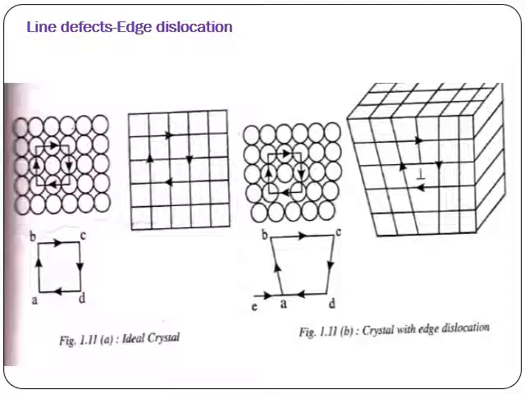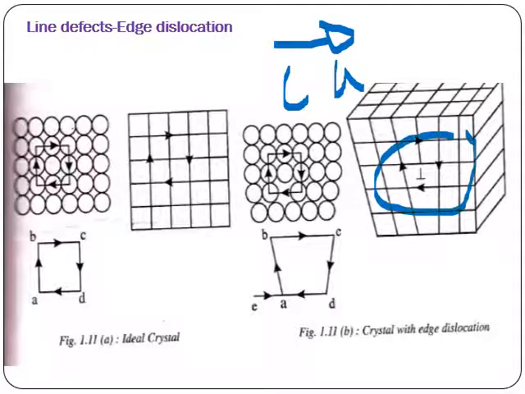So, a perfect crystal, a perfect square, and a plane of atoms is missing, so we are going to get this vector. That vector we are going to call the Burgers vector. It gives the direction, from C to A, and we write the vector like this. The magnitude is 1, which can be seen here also. The positive dislocation is a perpendicular symbol, and the negative dislocation is a T symbol. So that's what exactly we see in the edge dislocation.